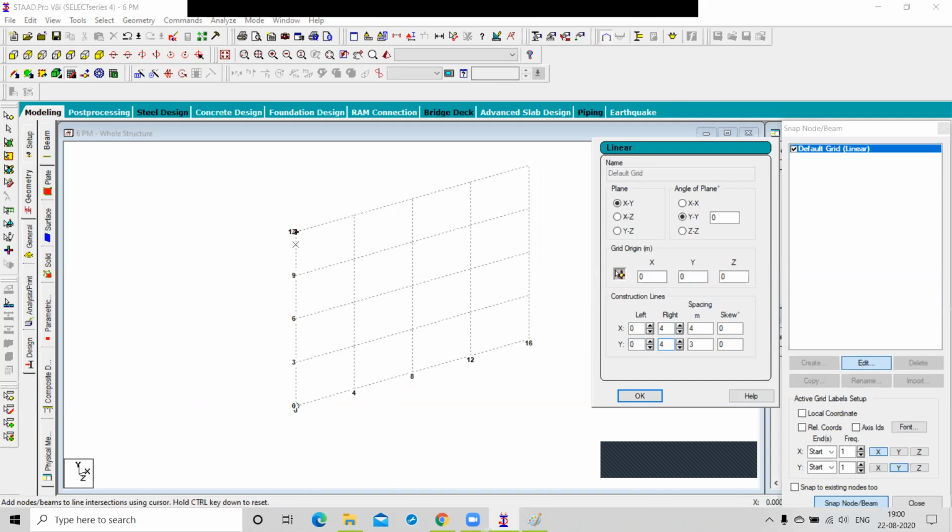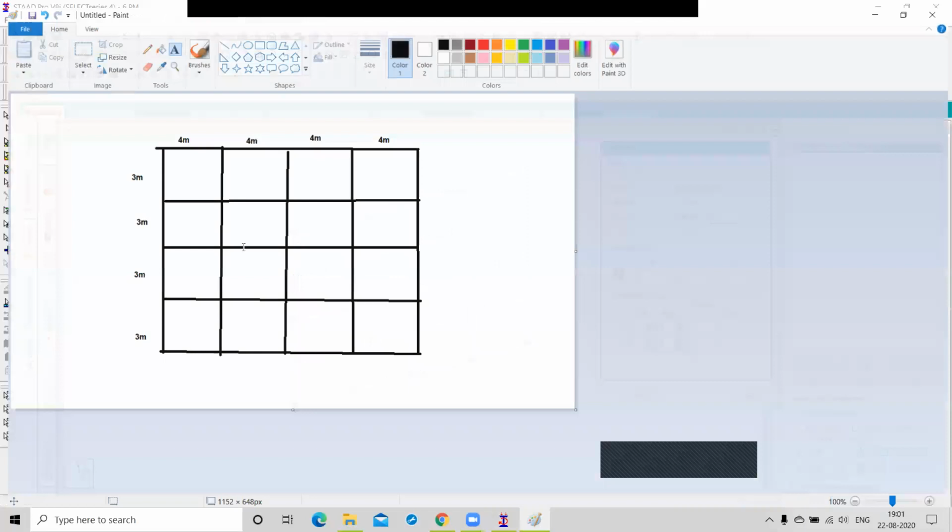See, on the x-axis is the 16 distance, and on the y-axis we have 12 meter distance. Yes or no? Yes, sir. So this is the desired grid to draw this figure.